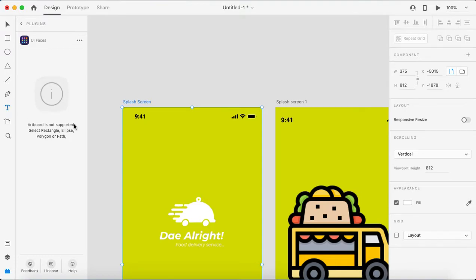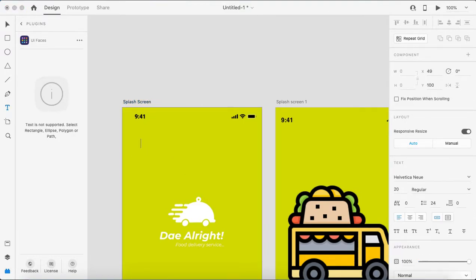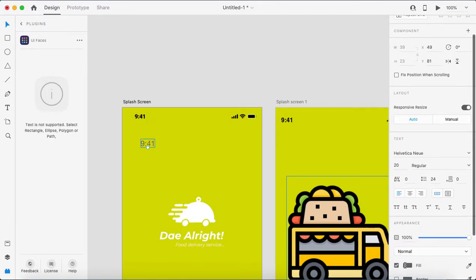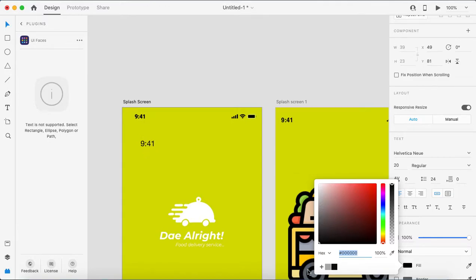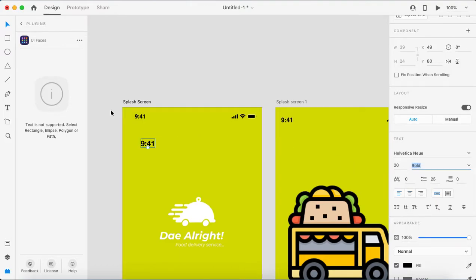This is the text. So here you're writing 9:41 and we are making it black color. Let's try with the bold, and 10 is very small, 15.